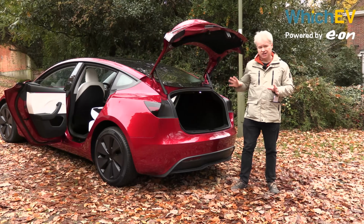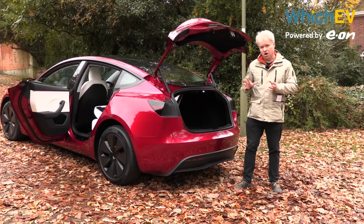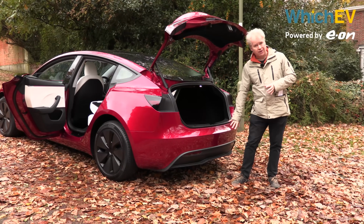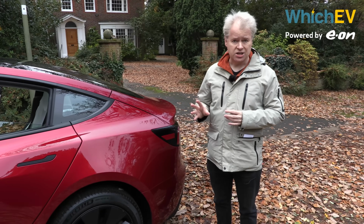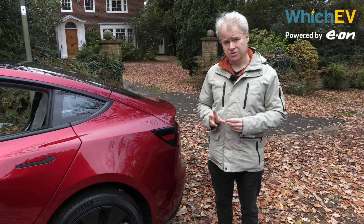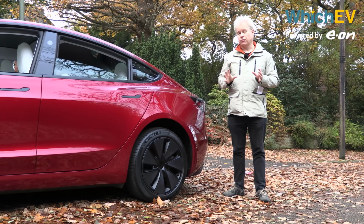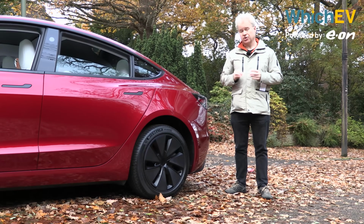You can also buy a towing hook for this car for 1,300 quid, and that enables you to tow up to 1,000 kilograms with this car, or alternatively you could put a bike rack on the back as well. So there's quite a few exterior design changes and interior technology changes, but the range is also being improved as well. The rear-wheel drive car gets a significant 344 miles of WLTP range with the 18-inch wheels and 318 miles